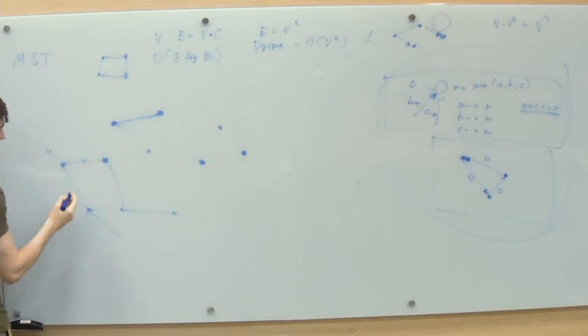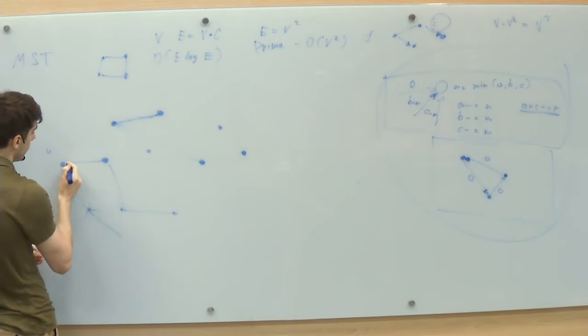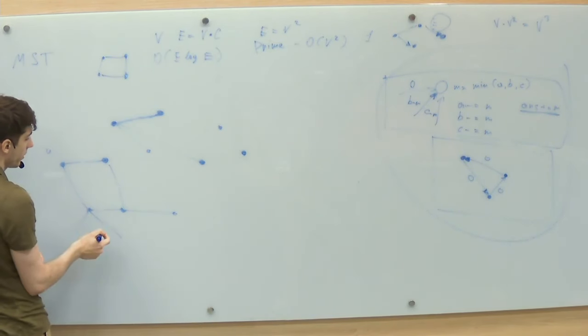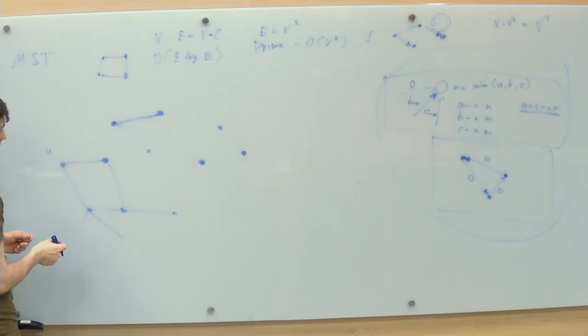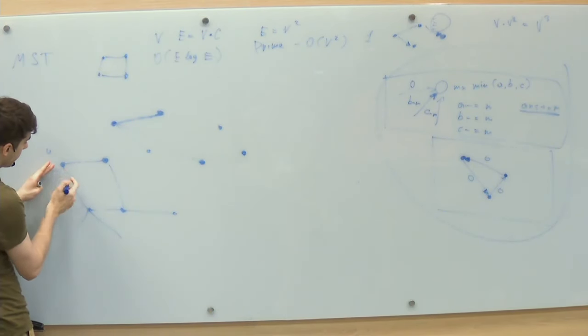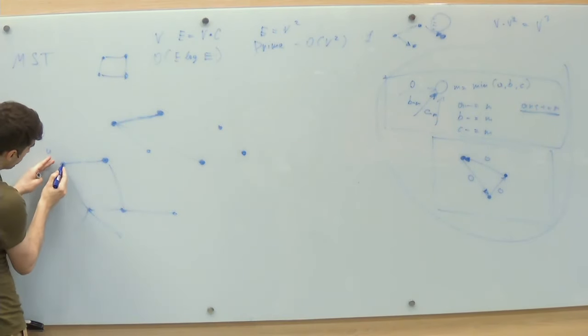We can always add this edge, and on the appearing cycle we will remove any other edge. On this cycle we'll just remove that edge,